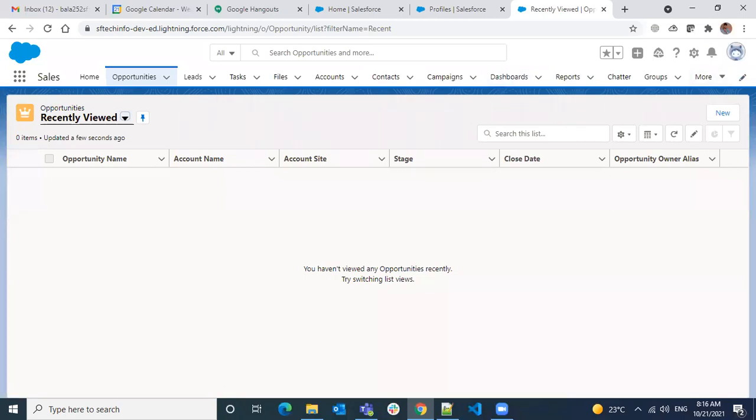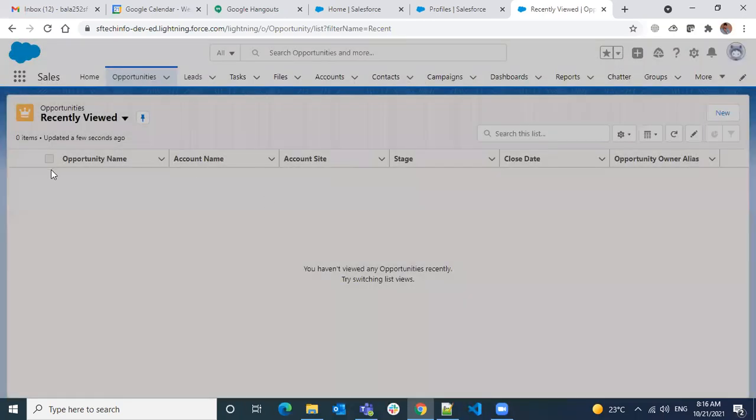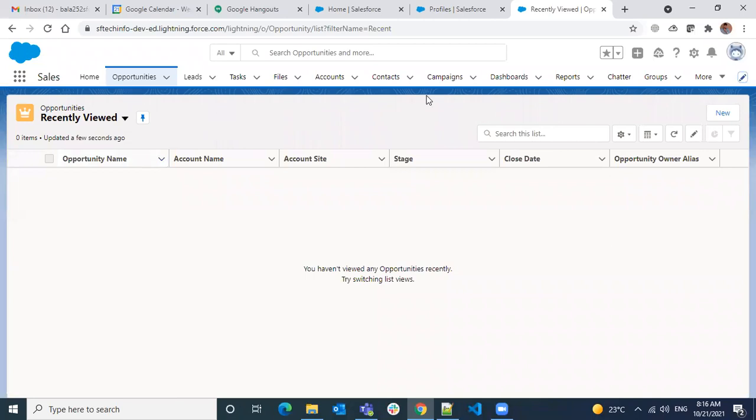This pencil icon is specific to you, not to the app, not to the profile, not to the organization. It's a personal view where you can control things. Even though you are the admin and you configured an app, the end user still has an option to control what they can see and in what order they see it.